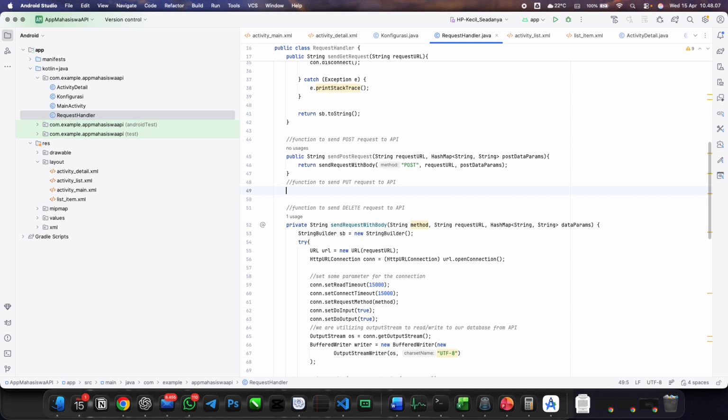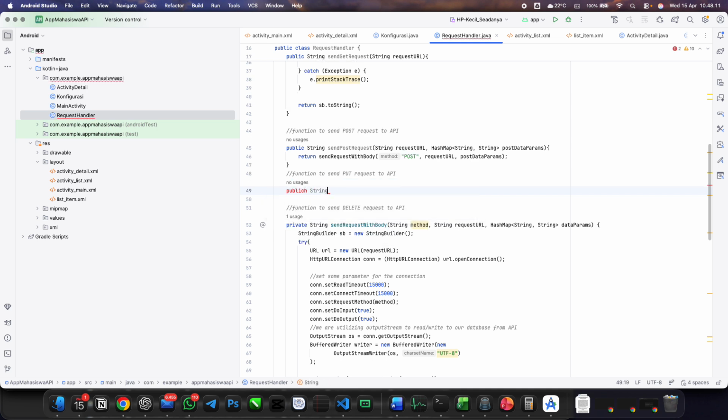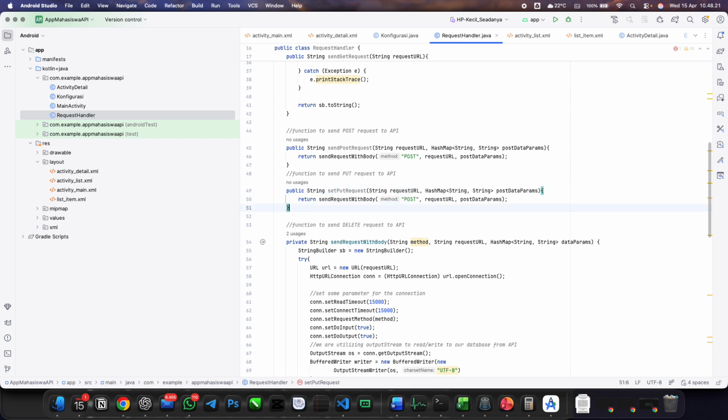Okay, public string send put request, my bad, typo. The method will be put. See, as simple as that.